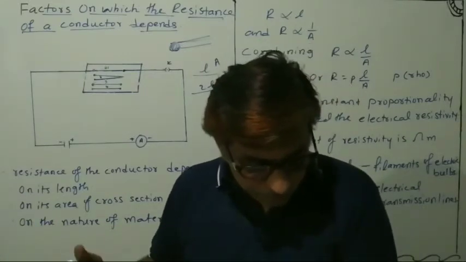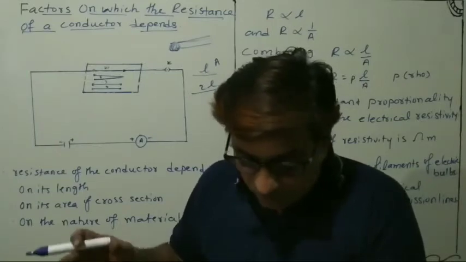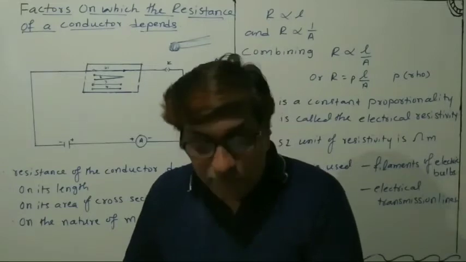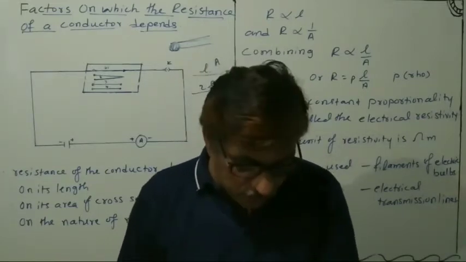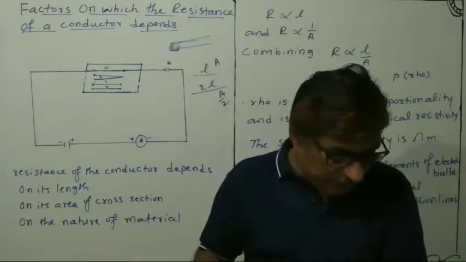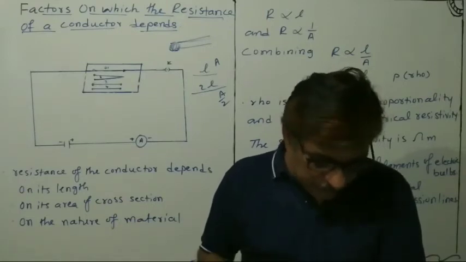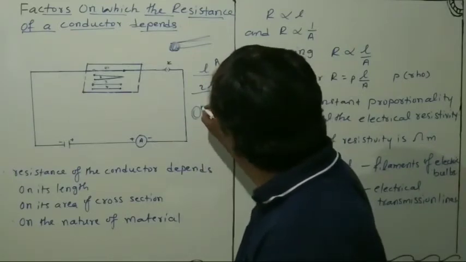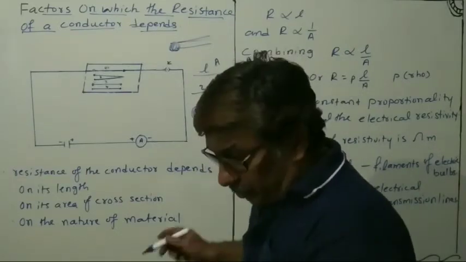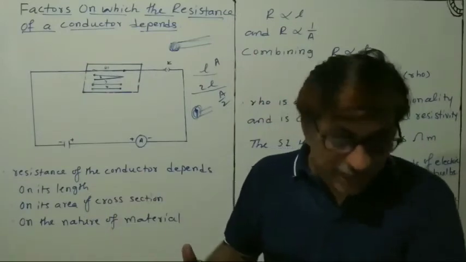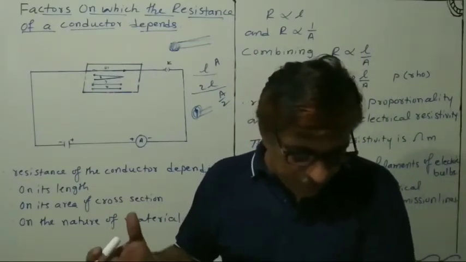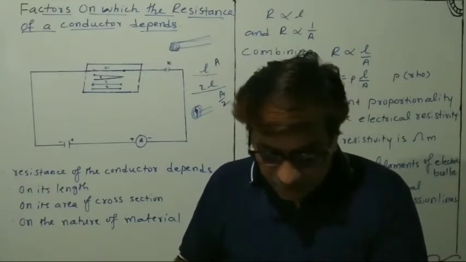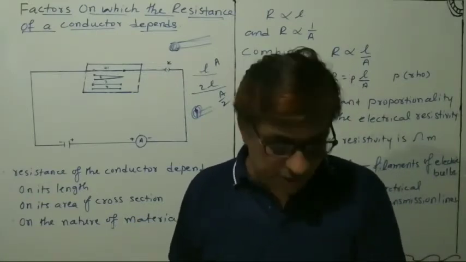Okay, next one. The ammeter reading is increased when a thicker wire of the same material and of the same length is used. See, dear students, if a thicker wire is used, if the cross section is more, then you know that the resistance will be less and the current flow will be more, when a thicker wire of the same material and same length is used in the circuit.